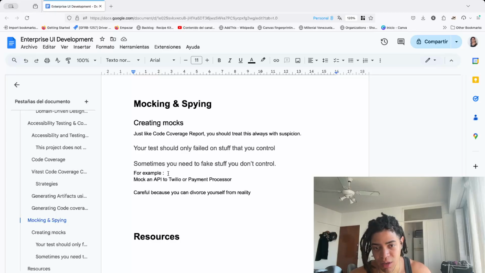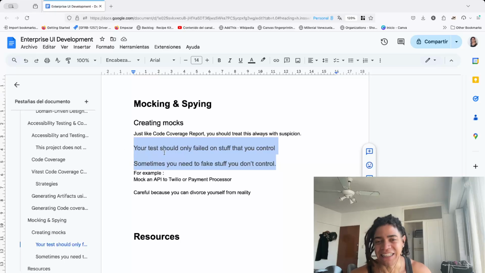So careful, because you can't divorce yourself from reality. And I think this decision making is quite crucial as you're going to provide your UI services to companies as a consulting firm, right? And that's very interesting. Also, it's quite compelling